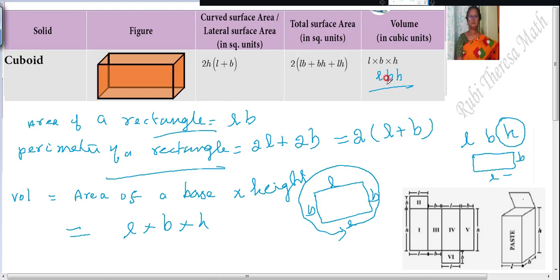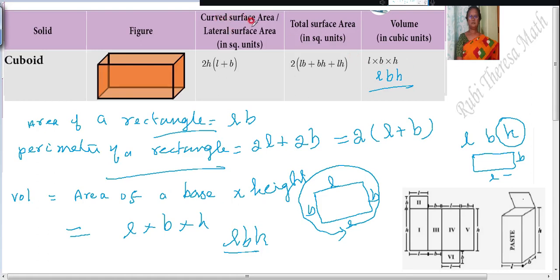Instead of saying L into B into H, you can say LB, that is base area, into height. Base area is nothing but LB. Then multiplying with H, LBH cubic units. Isn't it? Next one,